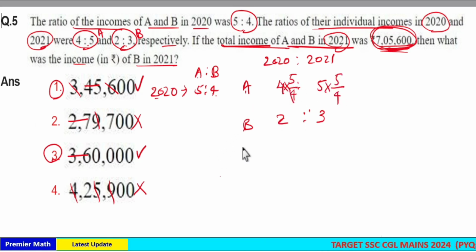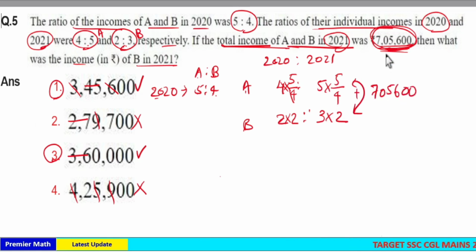Here in 2020, B's part is 4 part, but here it is 2. So multiply it with 2 part in order to make it 4. When you multiply 2 with 2, you should multiply 3 with 2 as well. Now in 2020, the A and B relation is 5:4, which means here in 2021, the A and B relation is 25 by 4:6. Now 25 by 4 plus 6 part is equal to